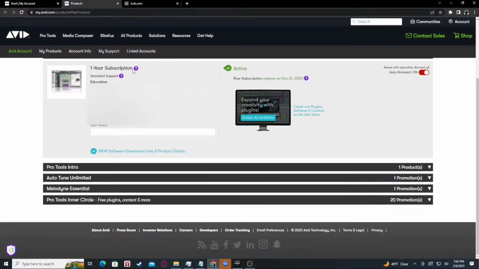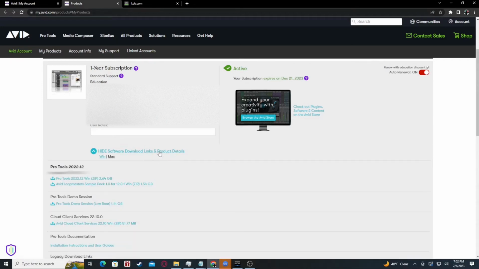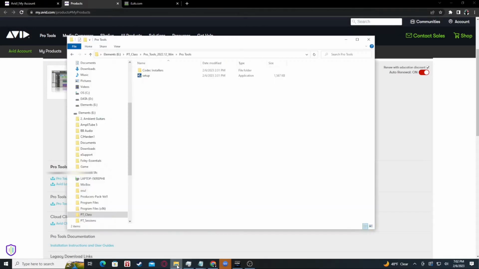Now, if we look here, it shows us what type of subscription we have, it shows us what kind of support, our system ID, etc. Now, we're going to go to this button down here that says View Software Download Links and Product Details. Now, once we do this, you're going to want to find the most updated version of Pro Tools, in this case, Pro Tools 22.12. And we're going to click this button here that says Pro Tools 2022.12 WinZip, and that's going to download a zip file into our